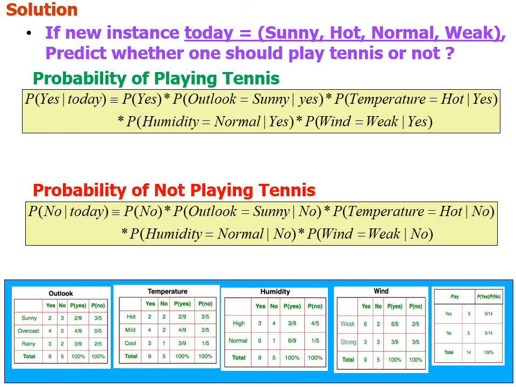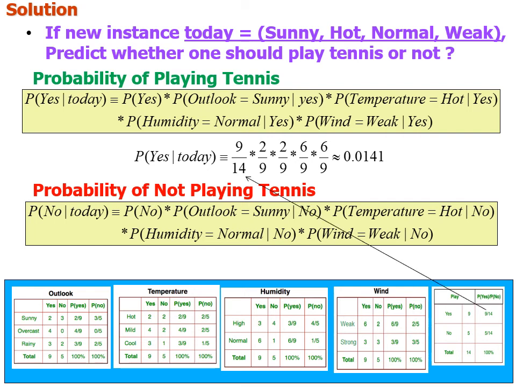Also, we are having the class probabilities. Now, let us substitute these values as required in computation of probability of playing tennis. So, probability of yes given today can be computed as probability of yes. The probability of yes is 9 divided by 14. So, substitute this into probability of outlook equal to sunny given yes. So, probability of outlook equal to sunny given yes is 2 divided by 9